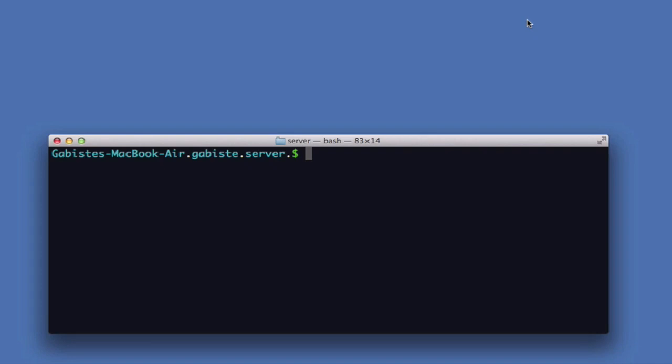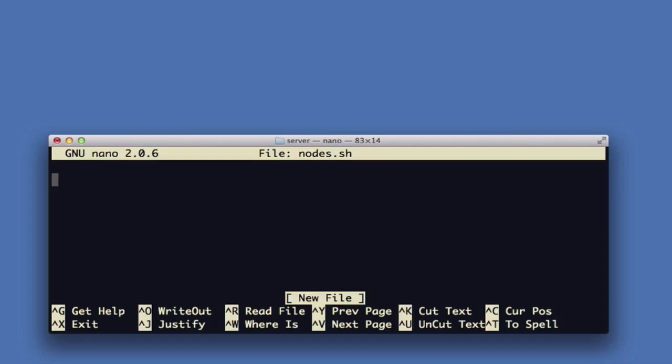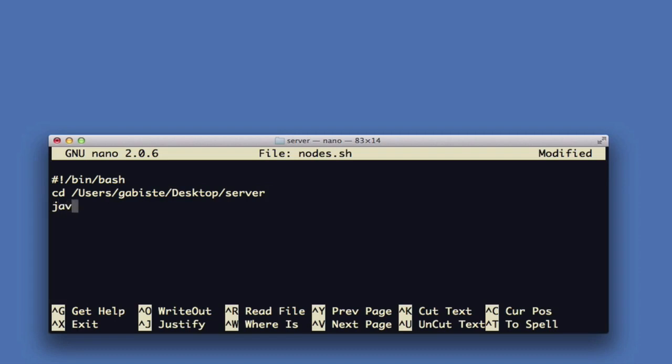Now, as we did with the hub, I'm now going to save my registration commands in a shell script file. So for that, I'm going to create that file. I'm going to call it nodes.sh. Then we are going to write /bin/bash, cd into users, desktop, server, and we are going to register using the command